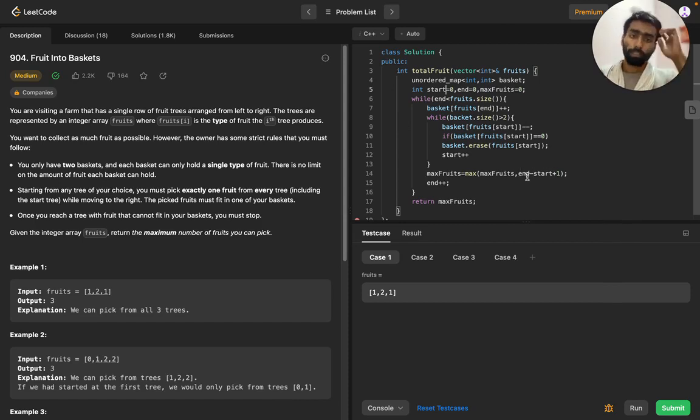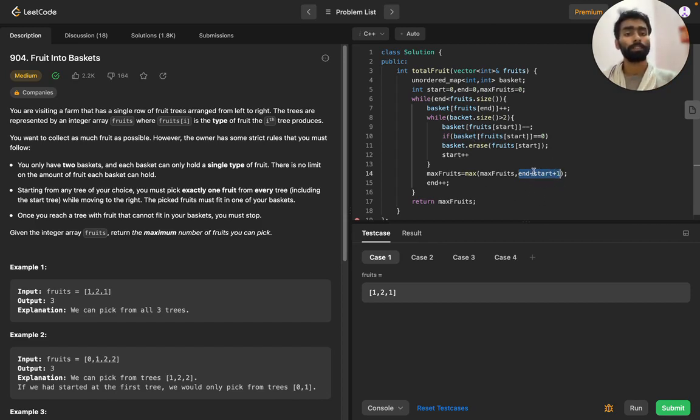So this I am saying already in case of comparing in the second iteration. For the current iteration, we are using this condition where end minus start plus 1 will give the number of fruit, and that will be compared again in every iteration.